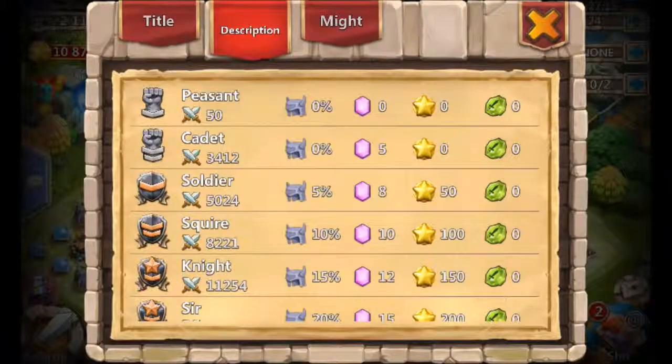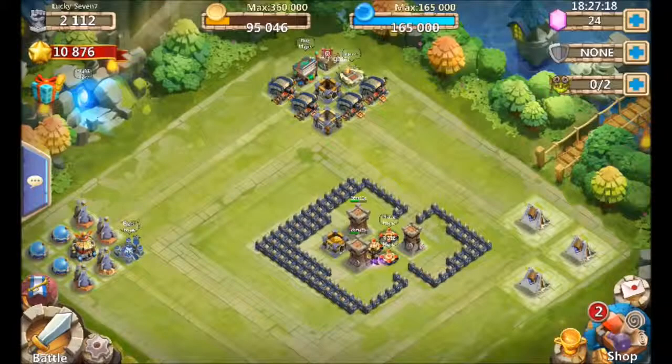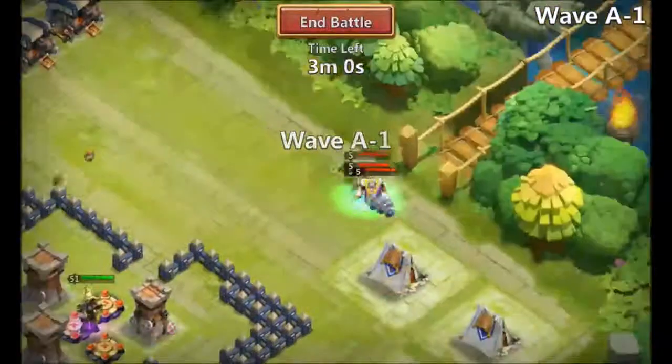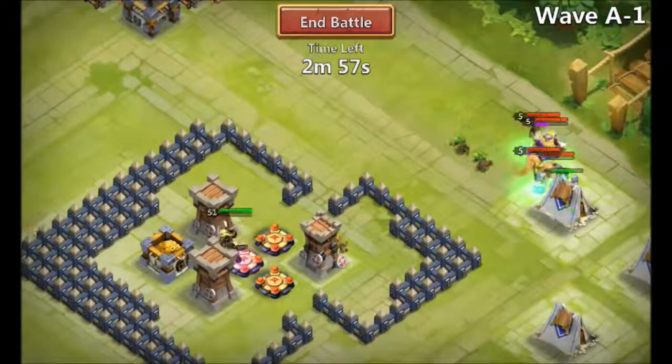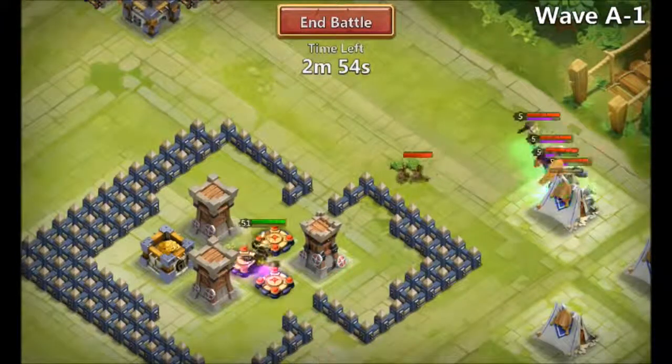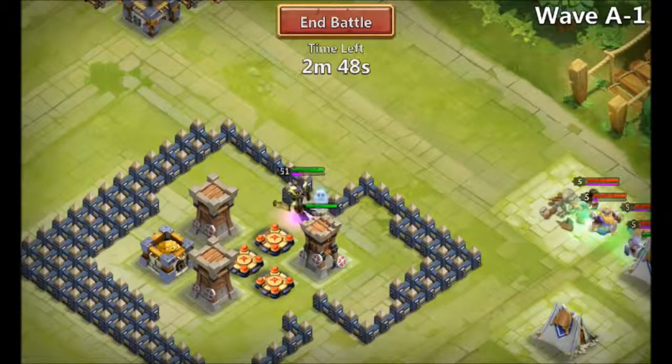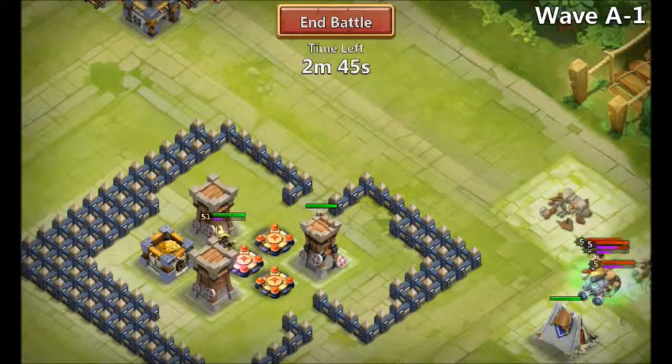I'm not going after a higher might title right now because I want to keep the rating pool where it is, and I'm going to let the might progress naturally as my legendaries level up and as the buildings level up. I'm not going to do anything to boost might. Alright, well, here's what I'm doing with Here Be Monsters. I'm farming A, and I hopefully will be at B soon enough,